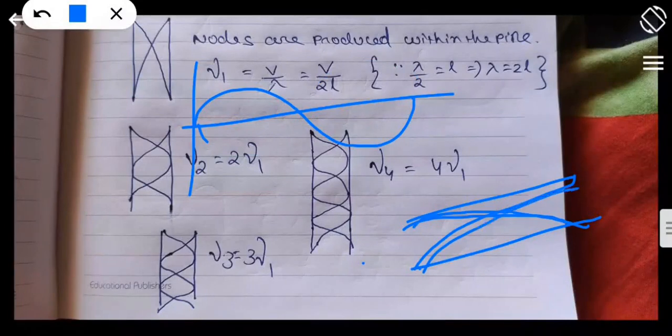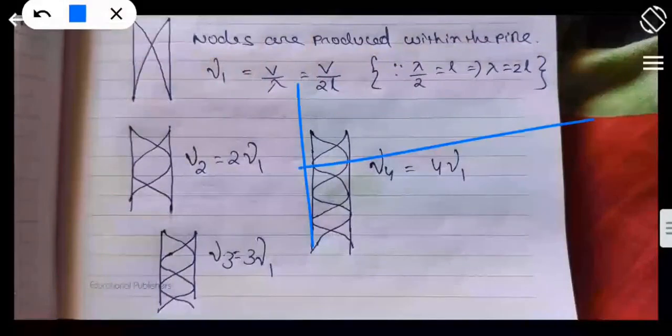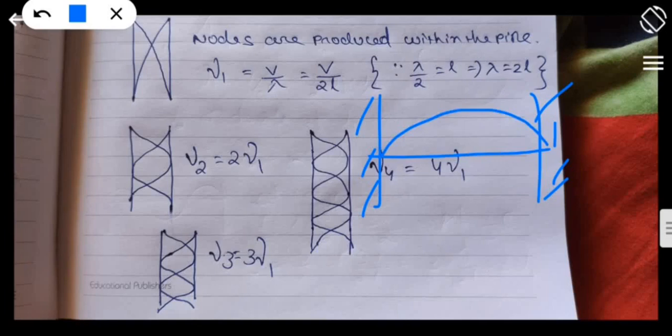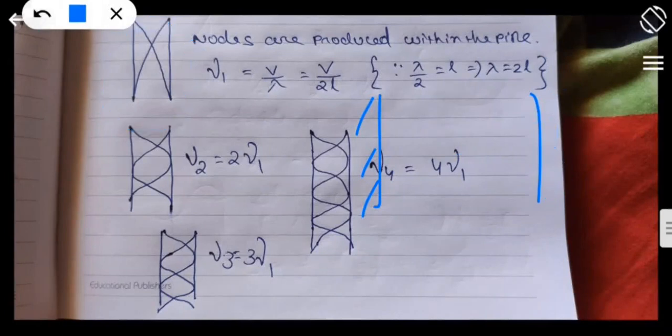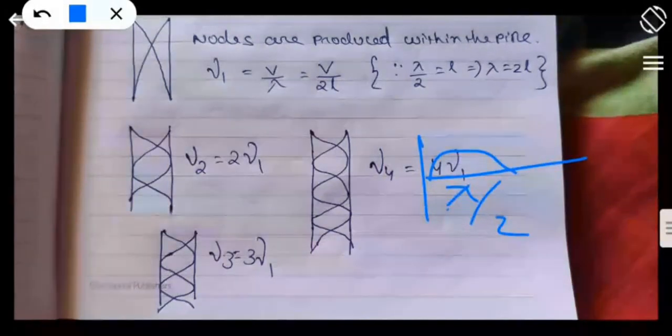The first case, the first harmonic, what I told: in the first harmonic case, what was that? There was only a crest. A crest is going to be produced. In the string case, remember it, what is the first harmonic? Only a crest, and there will be a reflection like this. Here it will also be the same case for the first harmonic, right? So what should be my nu 1? If there is only a crest, what is its length? Lambda by 2. Only lambda by 2, right?